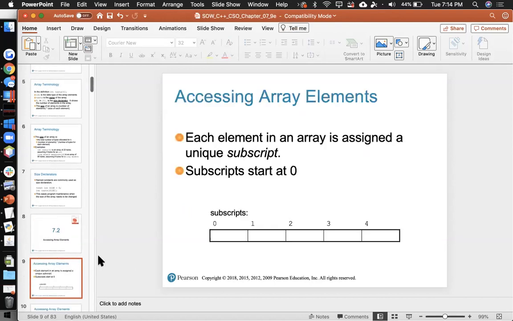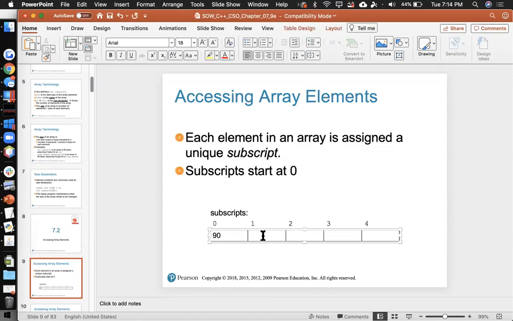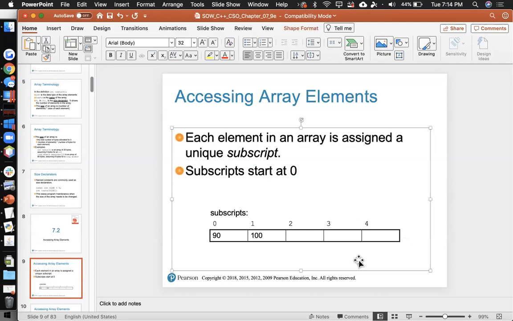So accessing array elements, just like I mentioned, 0, 1, 2, 3, 4, and each one could have a different test score in it, right? That one's a 90, and then they earned 100, and so on. And so if you want to get a hold of one of those guys,